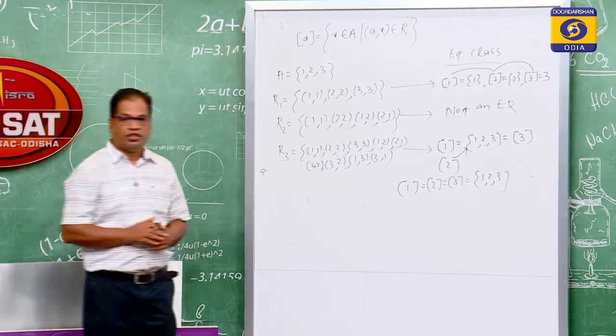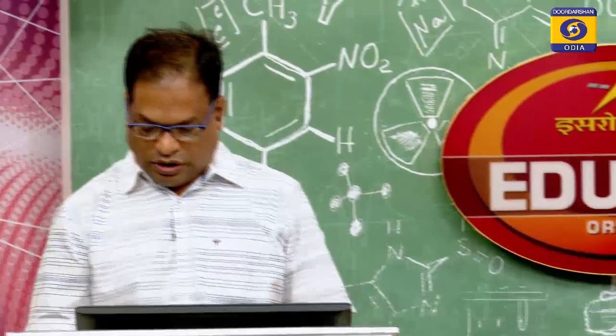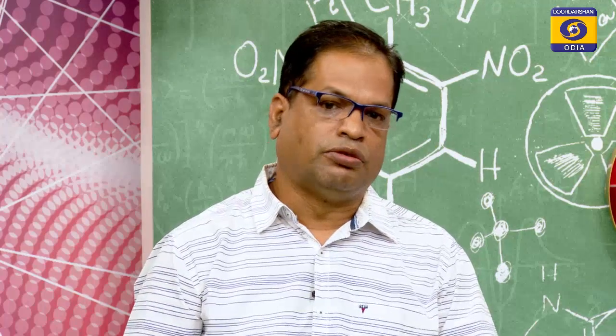And another important point is, if a is a member of the equivalence class of b, then the equivalence class of a is equal to the equivalence class of b. Because 1 is congruent to 4, 7, minus 2, minus 5, that means 1, 4, 7, minus 2, minus 5 are members of the equivalence class, and all the equivalence classes of 1, 4, 7, minus 2 are equal. So, this we have just explained on the blackboard, some examples of equivalence class.